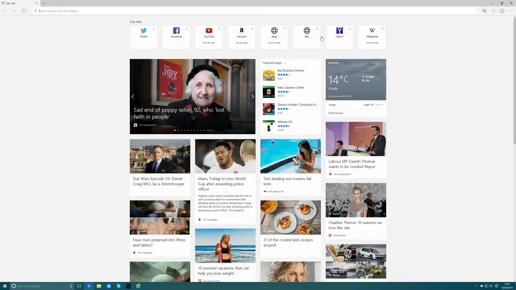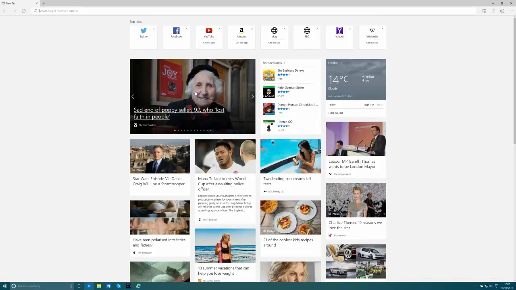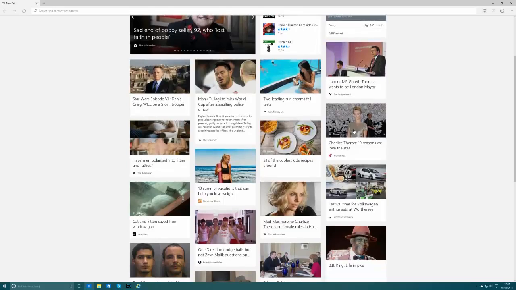Top sites, which is kind of like your most frequently visited sites on IE, so not really anything changed. And then below that, you get an MSN.com-like website, with the latest news, your weather, featured apps, and so on. So wait, all of that is being displayed, and that's your home screen. That isn't a web page at all. You use Internet Explorer, right? Yeah. When you just press new tab, you get the grid of websites that comes up. This is that, just more awesome. So it's not a website, although it requires an internet connection, obviously. Are those for the latest Pinterest pins? No, they're just MSN.com news stories. They definitely look like Pinterest boards. Oh no, some of them are from different places. They got the Telegraph, AOL Money, Independent, Wonderwall.